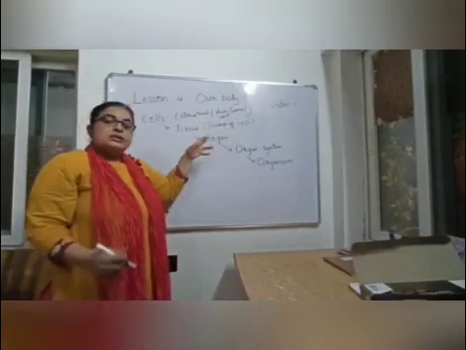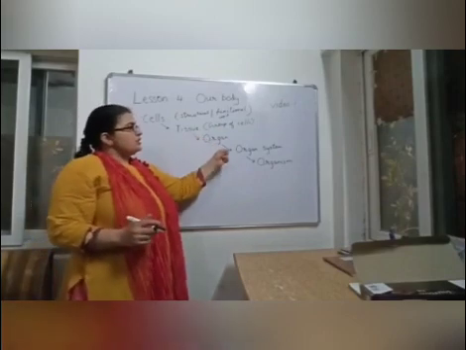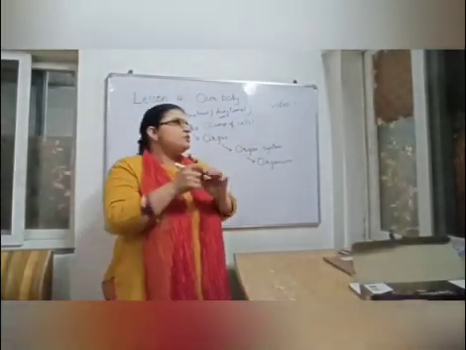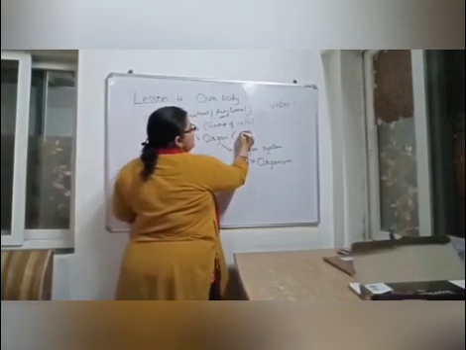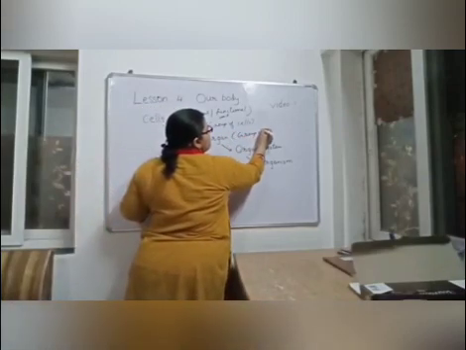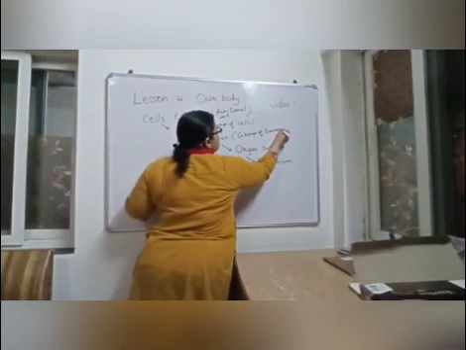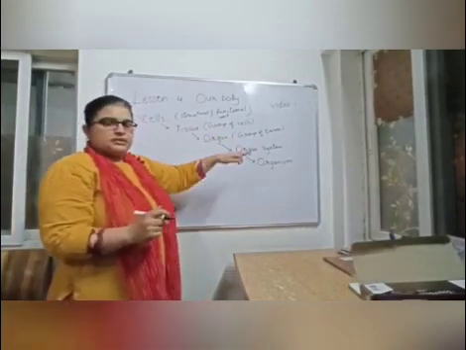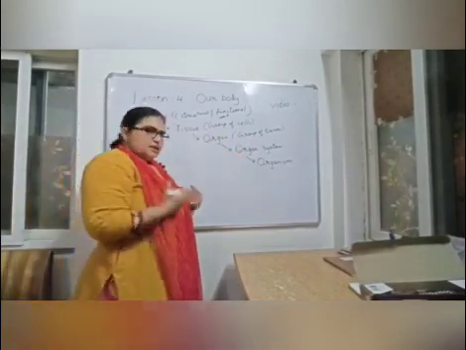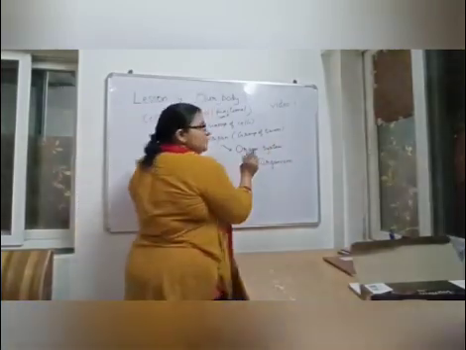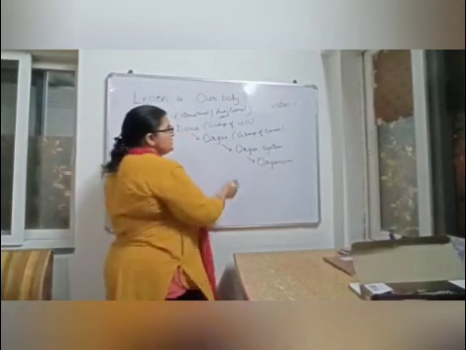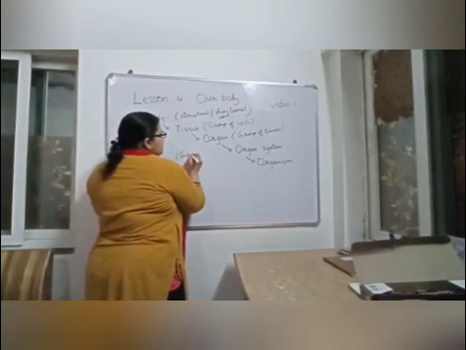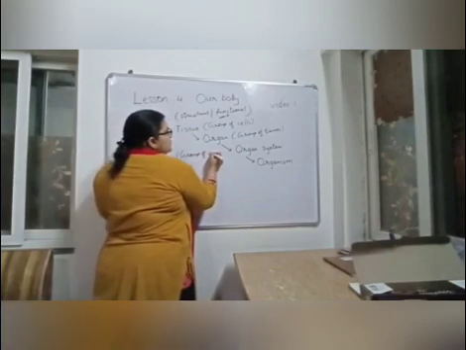A group of tissues makes an organ, and a group of organs having the same function, performing a specific function. So here it will be group of tissues, and they make an organ. Then different organs, like hand is an organ, legs will be an organ. When they perform a particular specific function together, that is called an organ system. So when you are talking of organ system, it will be group of organs.